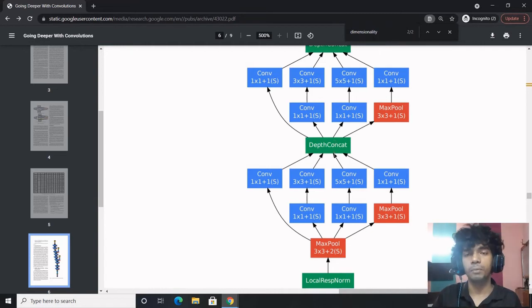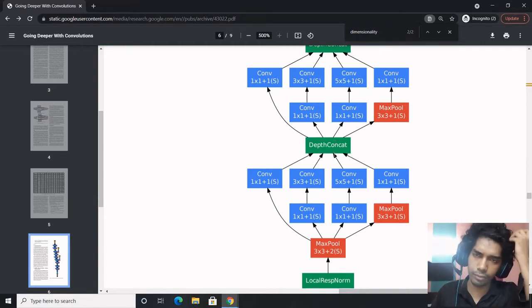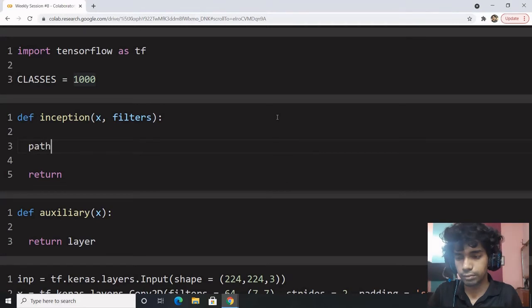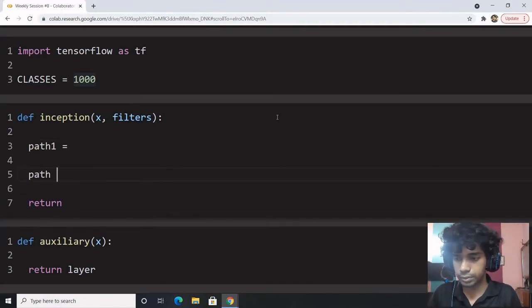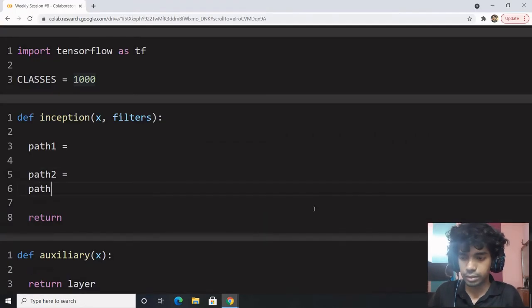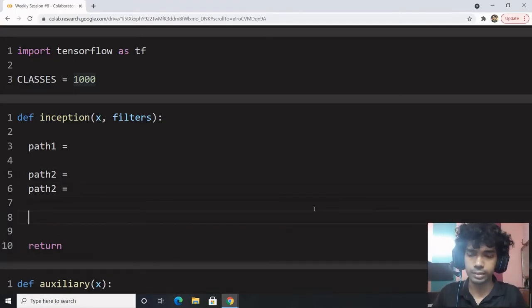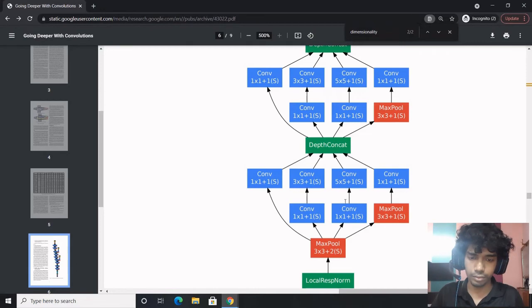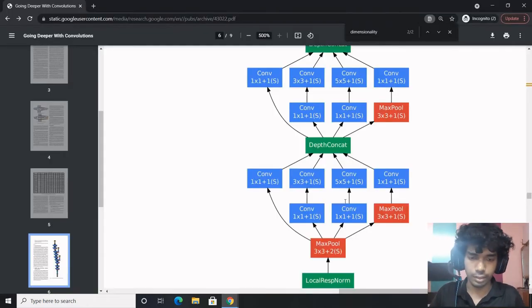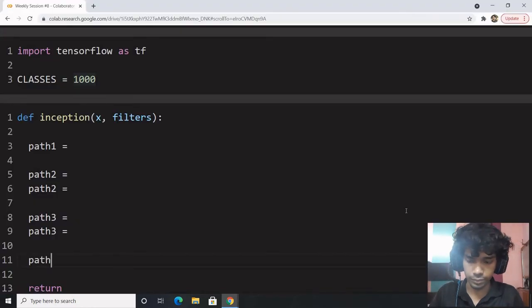We have 4 different paths in which it is diverging and finally concatenated, merging. Path 1 is one sequence, path 2 goes through 2 sequences, and so does path 3, and so does path 4.